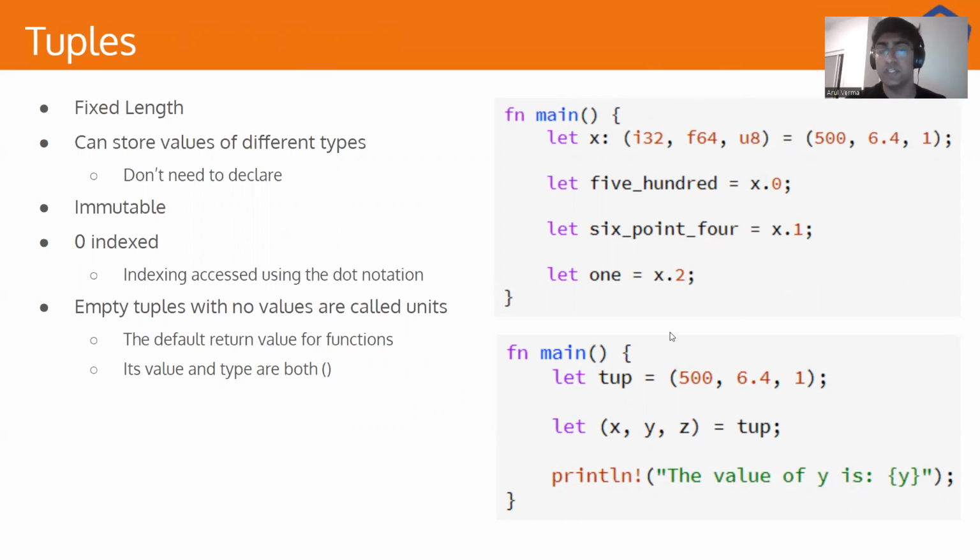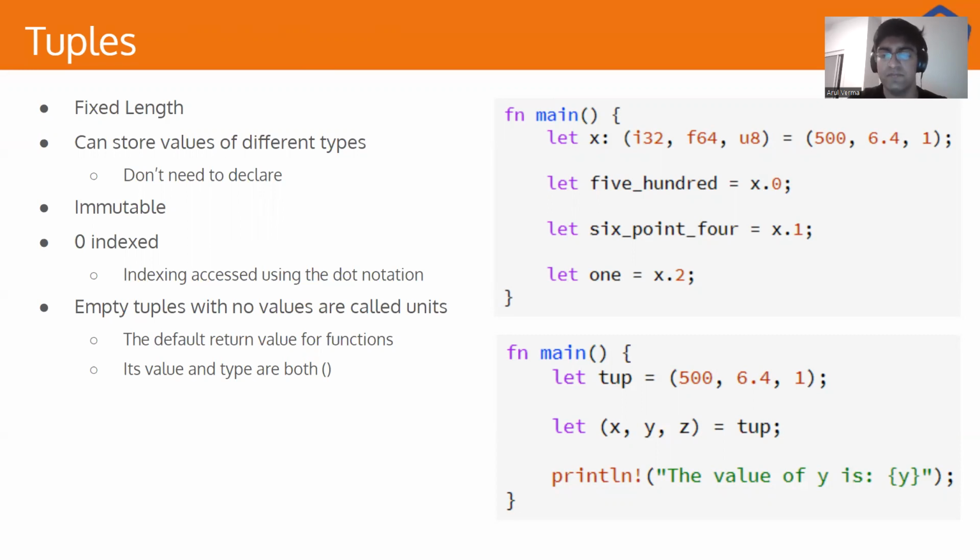Empty tuples are called units, and they're generally the default return value for functions. So if you don't specify a return value, you'd be just returning an empty tuple. And the value and type for a unit is just the parentheses with nothing inside. So if you were to have a function return nothing, and see the type of that,